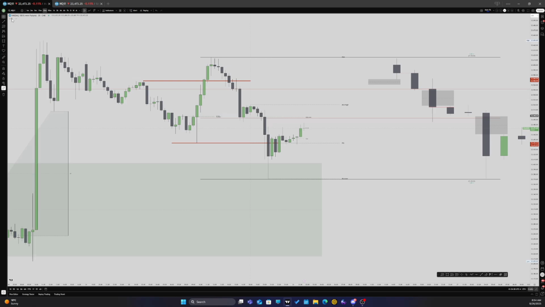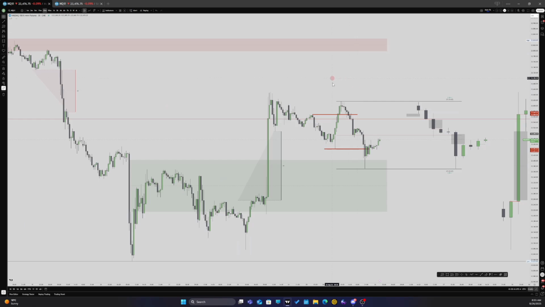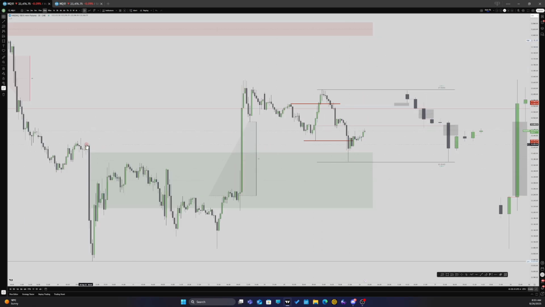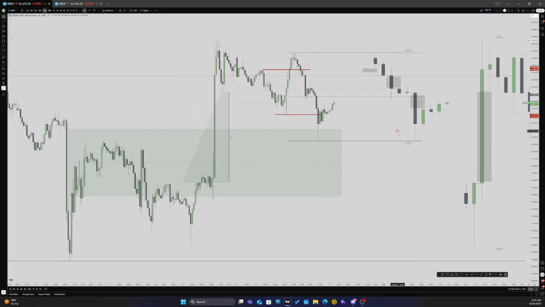So turn off this indicator, and maybe also this indicator. It's easier to see. We are in the discount for the 4-hour range. Reaction from the breaker, from the bullish fair value gap, from the balanced price range. Price going up. Well, at least for now,